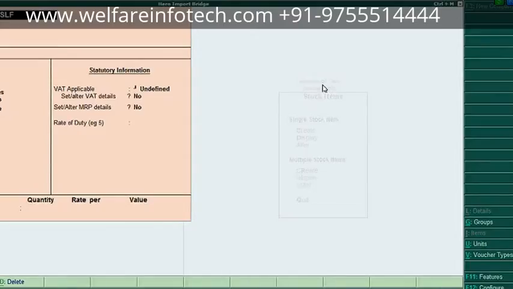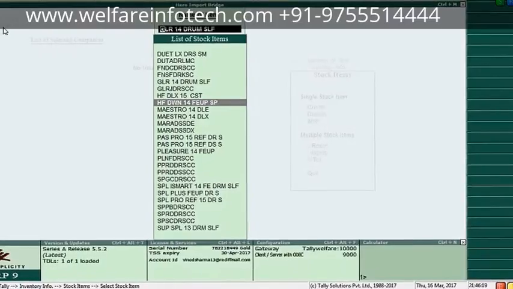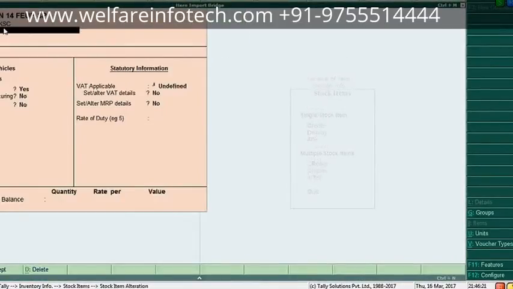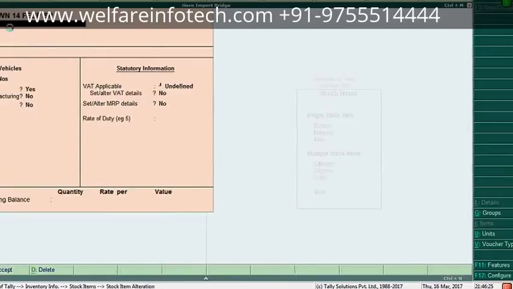So instead of changing names we can put an alias to the model name so that it will map with the Hero item name, Hero model name. And we have to enable the maintain in batches option for this. Like this we put the alias for each and every model so that it gets linked with the Excel file.